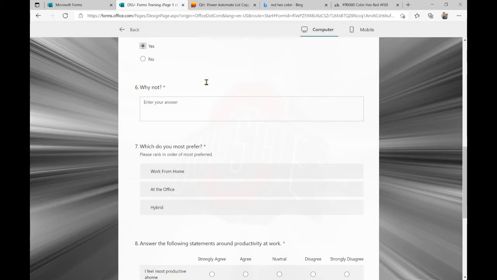So that's something, this one, the branching is, you need to think about it a little bit when you set it up. Always test it out too before you actually send out your survey. And then if I hit no, then I was supposed to actually go here, but I made this my next question. So that's why it appears that way.